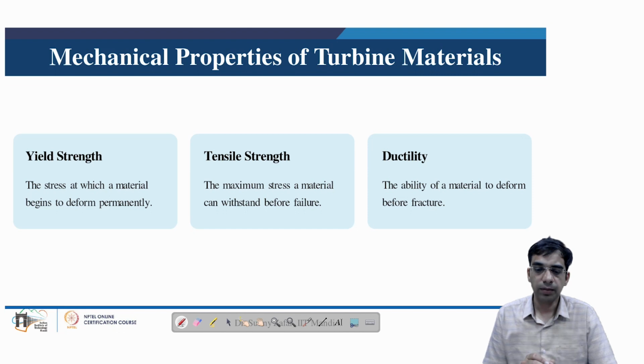Several other mechanical properties for turbine materials also determine the performance of such turbines. These include yield strength, tensile strength, and ductility. Yield strength is basically the stress at which the material begins to deform permanently. Generally, whatever the mechanical design is done, it is done keeping the yield strength into consideration, because the stresses